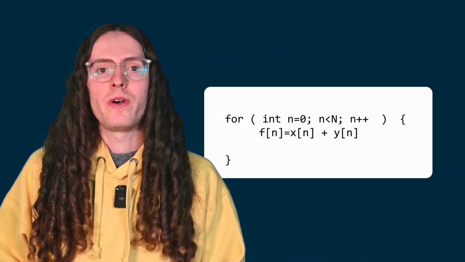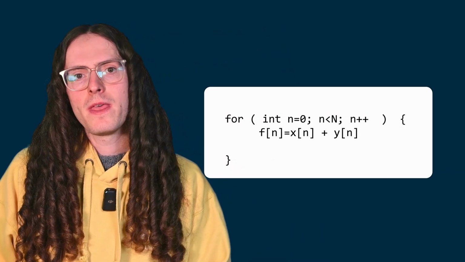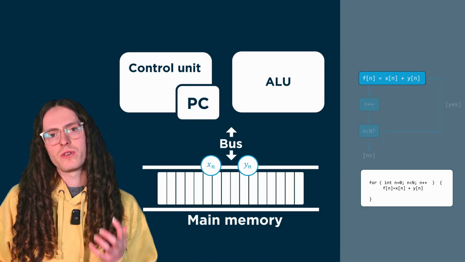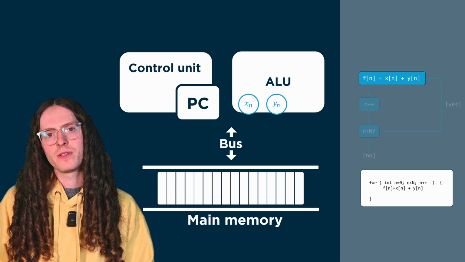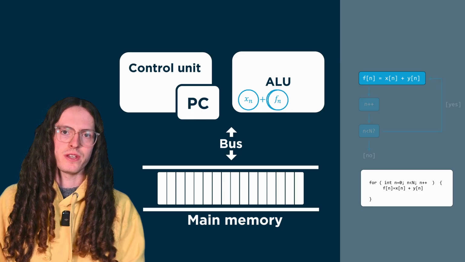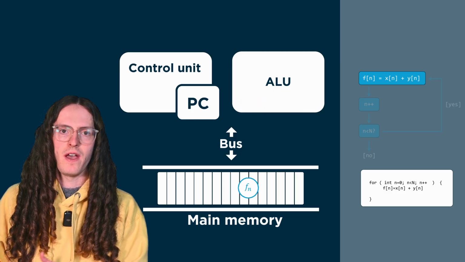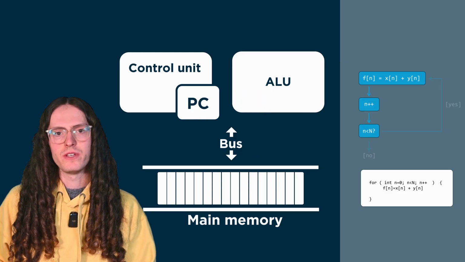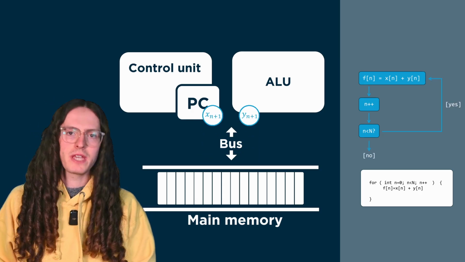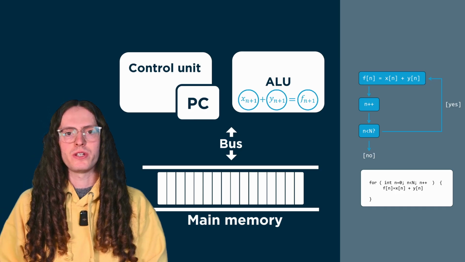Now that we have our analogy for vectorization, it is crucial to see this concretely in a simple C program. We again consider our element-wise sum of two vectors in a loop. Each iteration step of our old machine would 1. Load xn and yn into registers, 2. Perform the addition, 3. Store the result in another register and save their sum to fn, and then 4. Increment the counter if it has not reached the maximum m. If not, we go back to the beginning of the loop and work through the next iteration until we hit